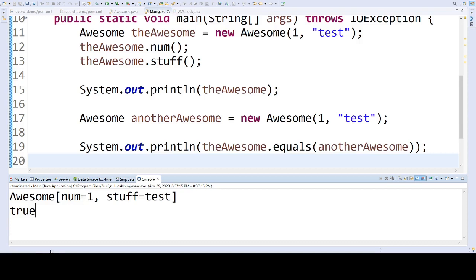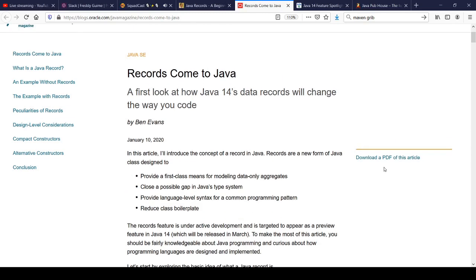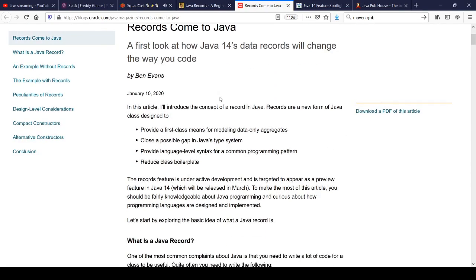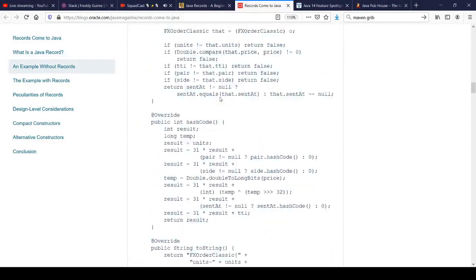Yeah. That is so cool. So you start getting this for free. And when you start talking about how it works under the covers, one of the things I was looking at before starting into this episode and getting ready is Records Come to Java by Ben Evans. He's one of the guys. What was the company? It just got bought. jClarity. Yeah, jClarity. So I think he's at New Relic now. But he's written this up on Records Coming to Java and goes into the things going on under the covers.